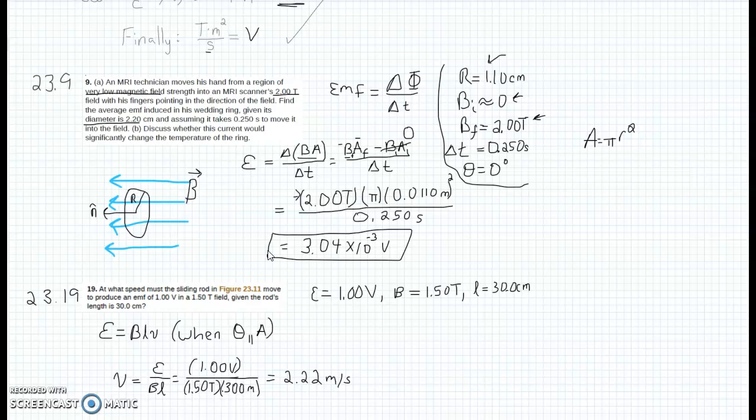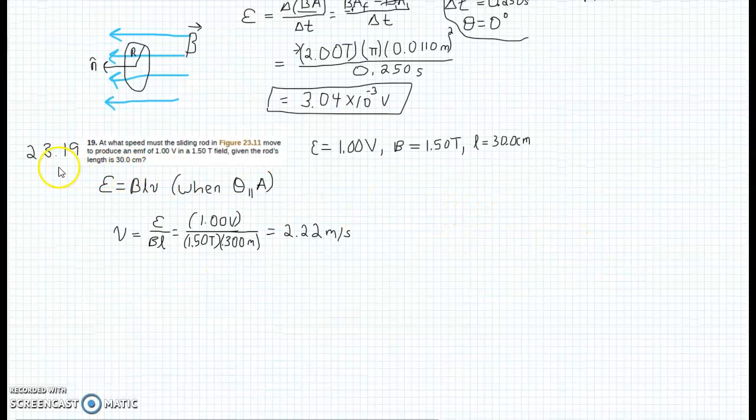For reasonable estimates of the resistance, right? Maybe perhaps say 1 milliohm, okay? You can put 1 milliohm in there and you can calculate the current, and the current actually is not enough to significantly change the temperature in the ring, okay? It's just not quite enough. Now, what about